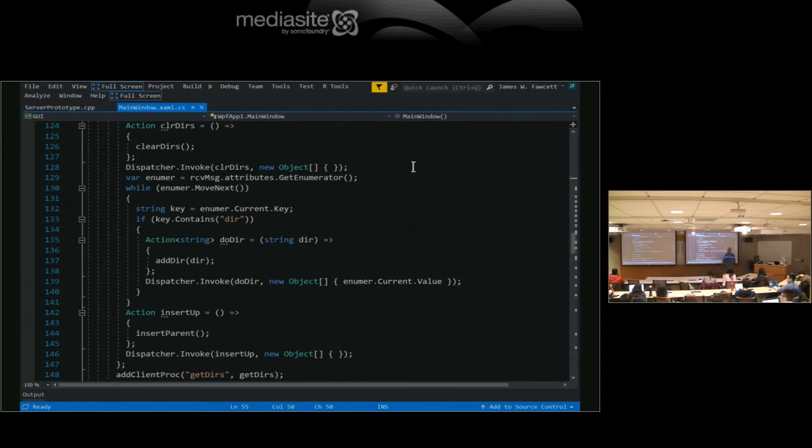Professor, the parameter is the one which you're passing in the invoke function, right? For the add directory parameter, the parameters which the main thread will pick up are from the dispatcher.invoke which you're passing, right? Yeah. Notice that all of this is a client proc. So none of this is running until my client proc runs. But now, when I add